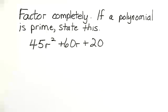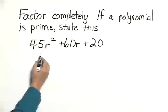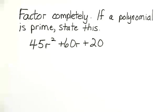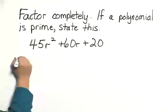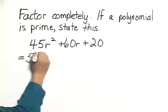Factor completely. If a polynomial is prime, state this. We have 45r squared plus 60r plus 20. The very first thing we're going to do is look for a common factor. If we look at these three terms, we see that we can factor out a 5. So we write 5 times